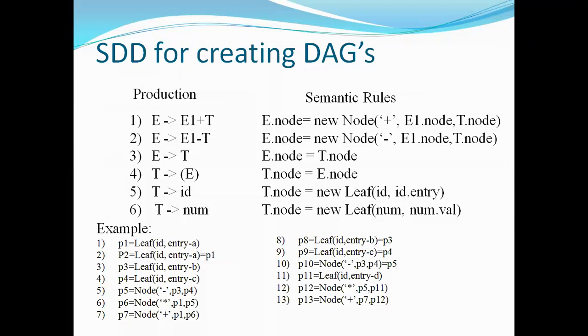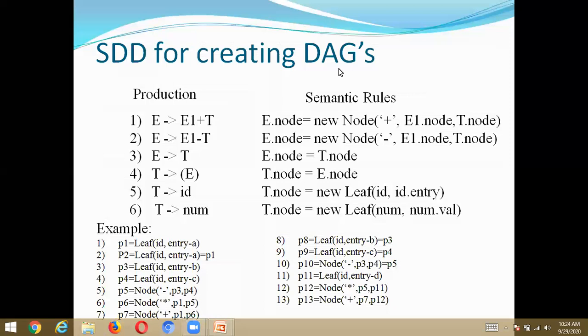Take a note of this. I already explained this in the last class in the concept of syntax directed translation, and again I am repeating it here. I need to talk about E, because E is a node. If I compute the values of E1 and T, then the value is assigned to node E. So I am writing a semantic action for this, and all these are nodes. That's why the attribute I defined here is node, dot node. When writing a function for the nodes, it should be make node or new node, whatever it may be.